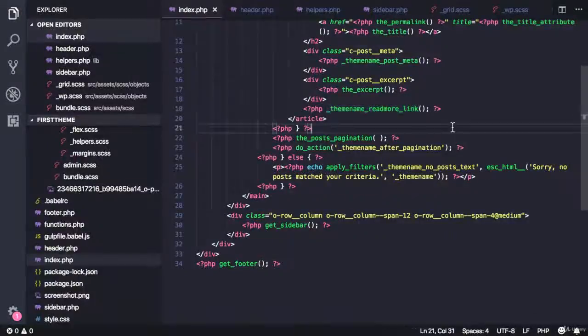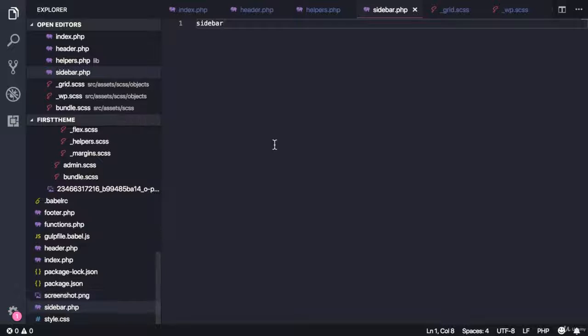So in the last lecture we added some CSS styling to our theme, and then we called getSidebar in order to create an area where users can add some widgets. So getSidebar will load a file, sidebar.php. So now we need to create a sidebar, and then inside sidebar.php we'll call a function that will load the